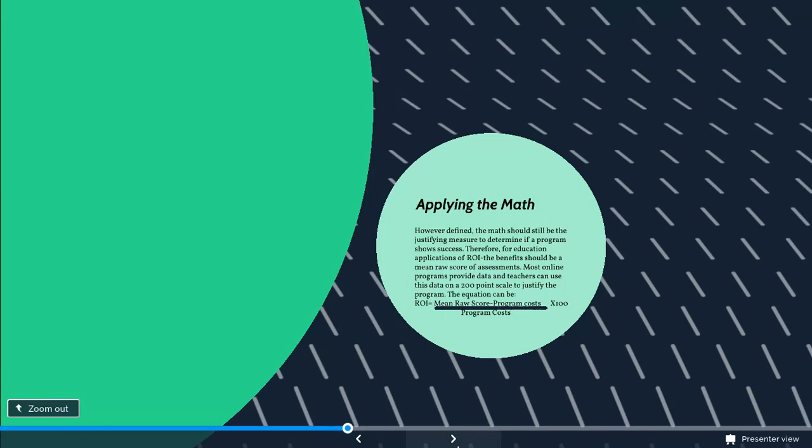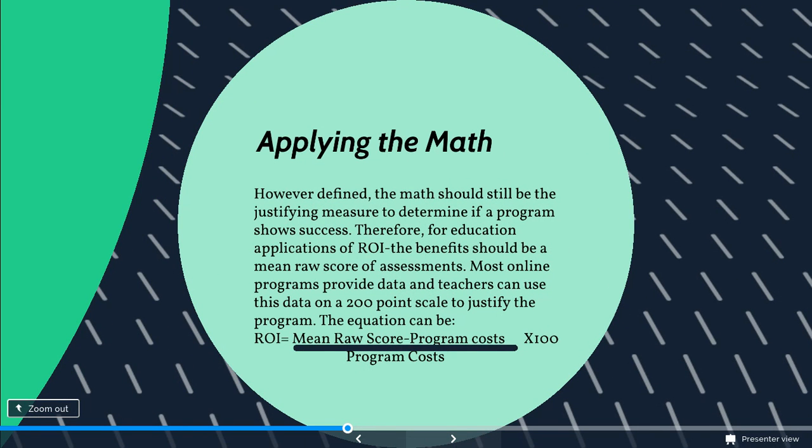So in looking at applying the math, you still really should be applying the math here and not just saying what you feel the value of the program is. The math needs to be a little bit different. For education applications of ROI, the benefit could be a mean raw score, where you take a 200-point scale, assuming that you're not purchasing a product that's over $200 for an entire school year. If you are, you have to adjust the math a little bit to fit the needs of this. But you could look at the mean raw score minus the program cost divided by the program cost, and you